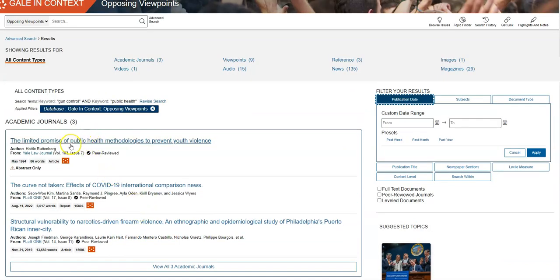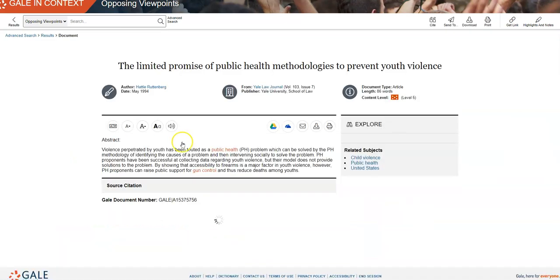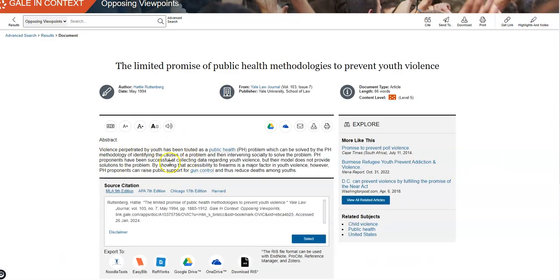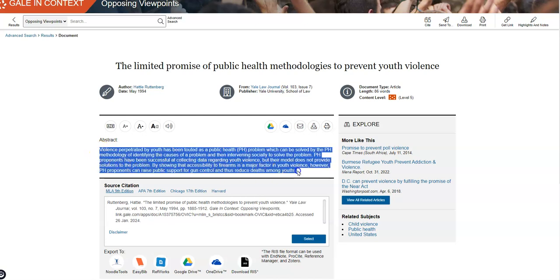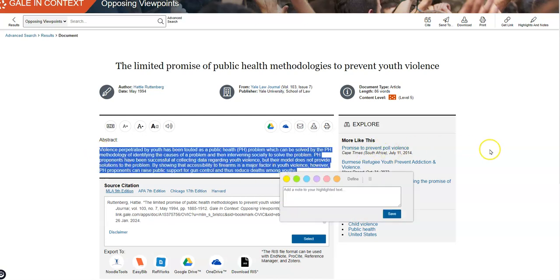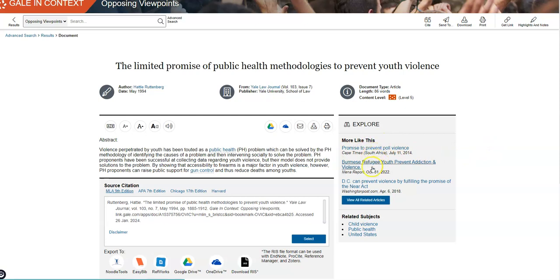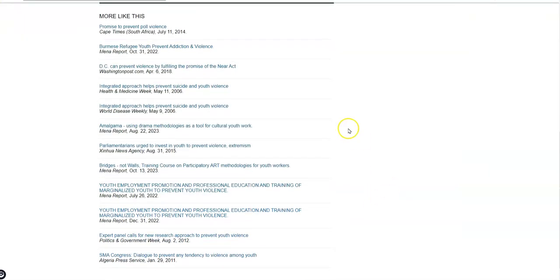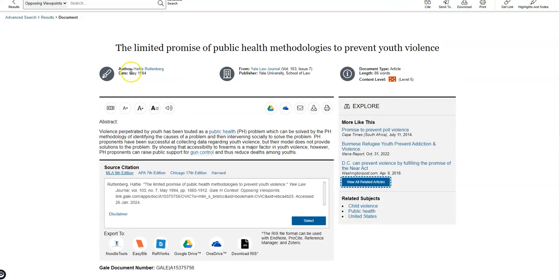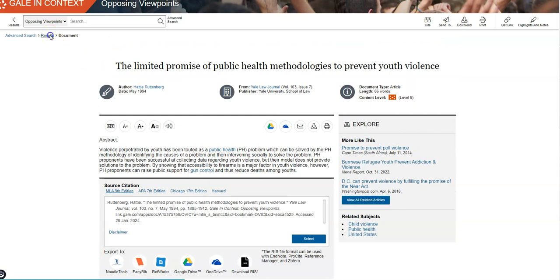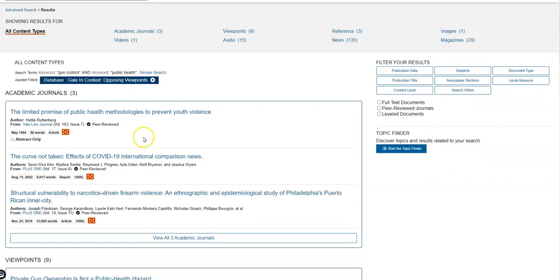Now, if I looked at this particular article, it's only giving me the abstract. The abstract is basically just a summary of what this study was about. I can find additional articles similar to this over here on the right-hand side, and I can click on View Related Articles, and now I can jump around. Now these again look like newspaper articles and other publications. So it's not bringing you to other scholarly articles. If you do need scholarly, then you need to go back to your results, which you can do up here, and then go back through these